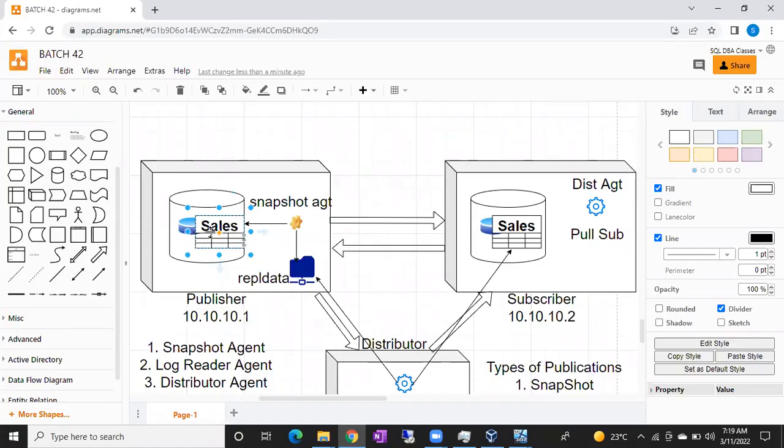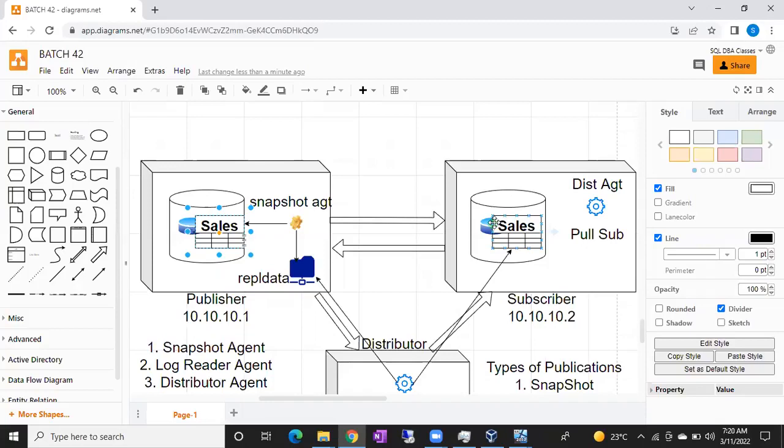If you insert one record, it will be inserted here. If you delete one record, it will be deleted here. That's why we call it bidirectional replication. So snapshot and transactional are unidirectional, and merge and peer-to-peer are bidirectional. Both sides you can make changes, and both sides' changes will be applied.